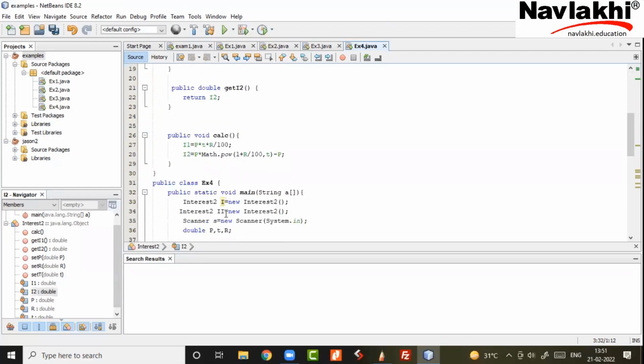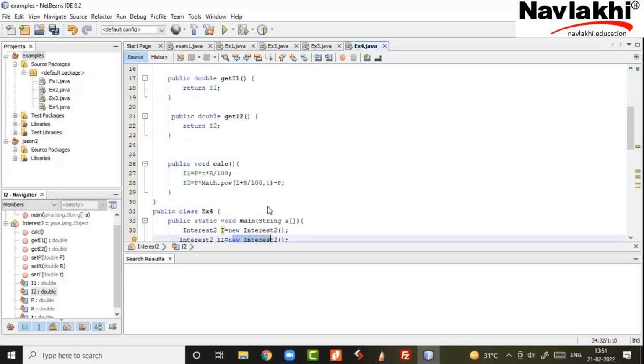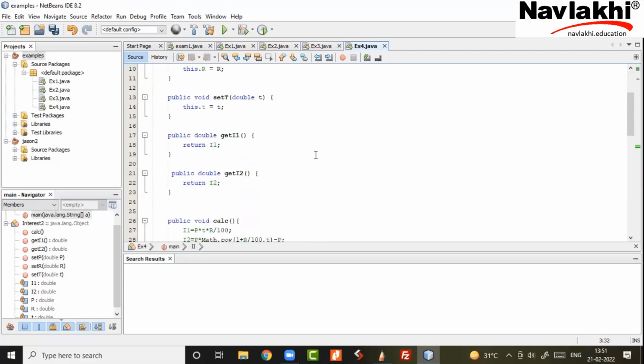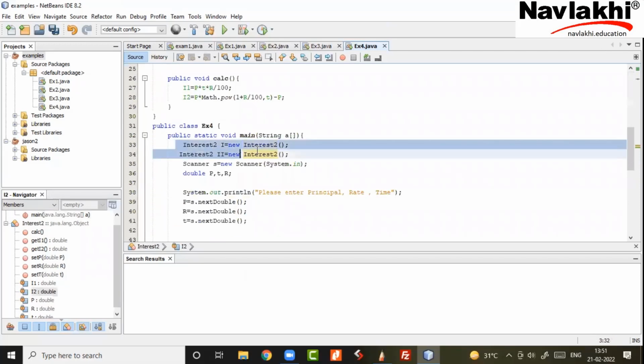Then for ii I have written new again, so ii will now have a new memory location for its PTR, I1, I2. So basically when you write new, you are creating new memory for I and ii, which will contain within it, encapsulated, PTR, I1, I2: I's own PTR, I1, I2, and ii's own PTR, I1, I2.